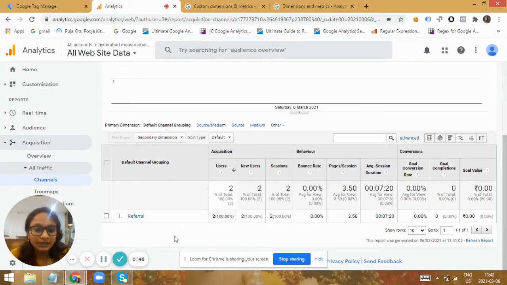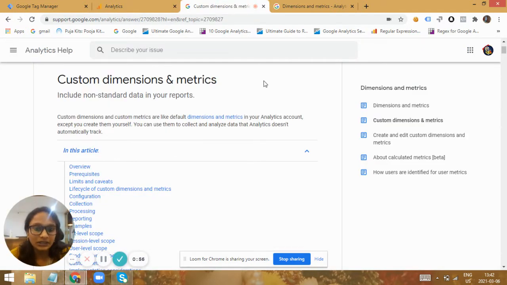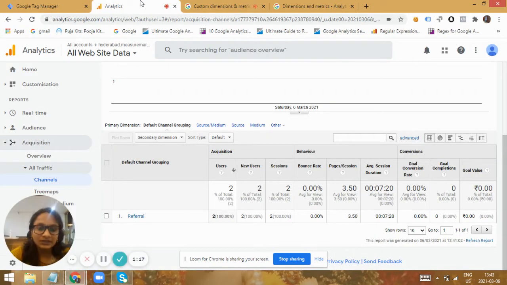So what if we'd like to collect more data apart from the standard data that analytics would automatically collect? For that, we need to use the custom dimensions and metrics, which would allow us to create the additional data that is required to assign to a particular user or categorize a user and assign a label for that particular user. So for that, we need to create custom dimensions, and custom dimensions have a particular process to create and report that in the analytics reports. Firstly, for a custom dimension, we need to create that in the analytics.